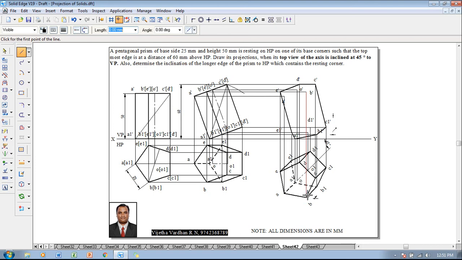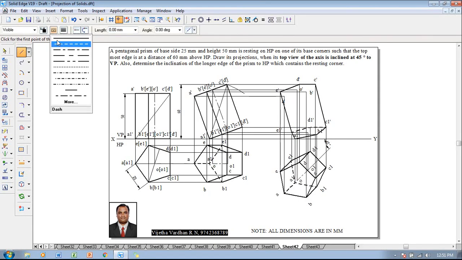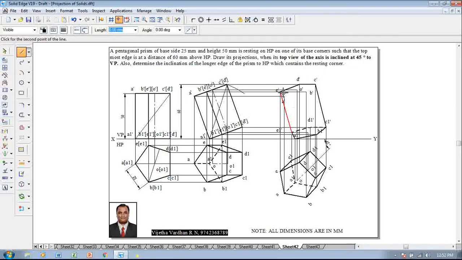After forming the boundary, we have to identify which base is nearer. ABCD is nearer to the observer compared to A1, B1, C1, D1. So A1, B1, C1, D1 are supposed to be the invisible edges. Now E1 dash to D1 dash and D1 dash to C1 dash are going to be invisible. A dash to B dash, B dash to C dash, C dash to D dash are going to be the visible edges. E dash to A dash I am going to connect, then B dash, then C dash, represented as a visible line.